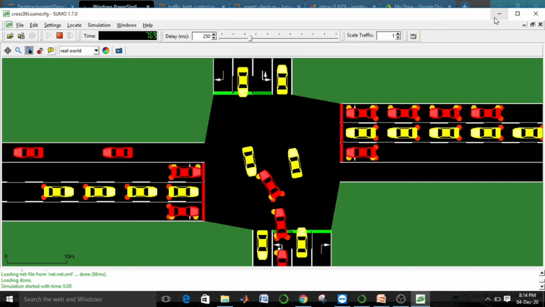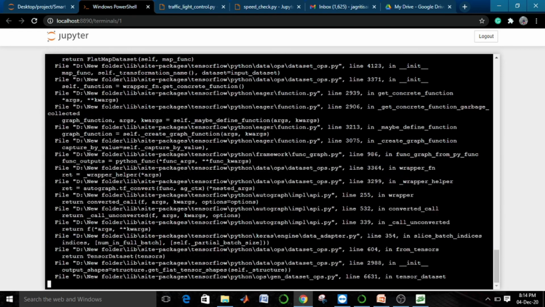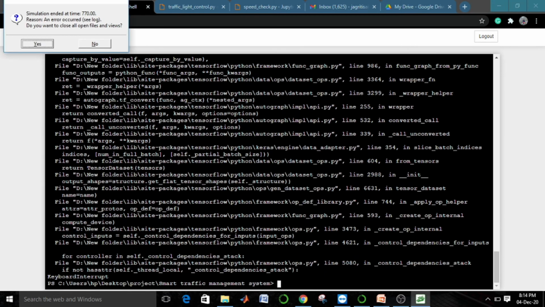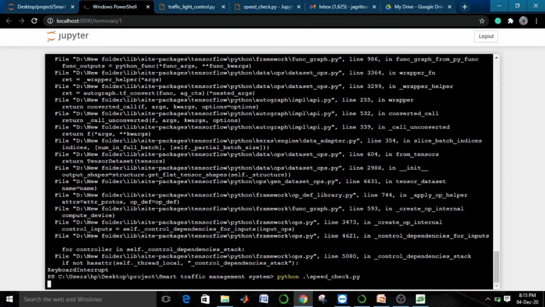And now I'll be showing you the second part of our project, which is the speed check and detection of vehicles. So the output will be in a minute.